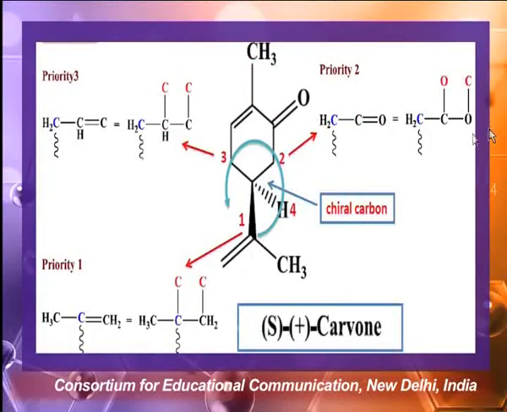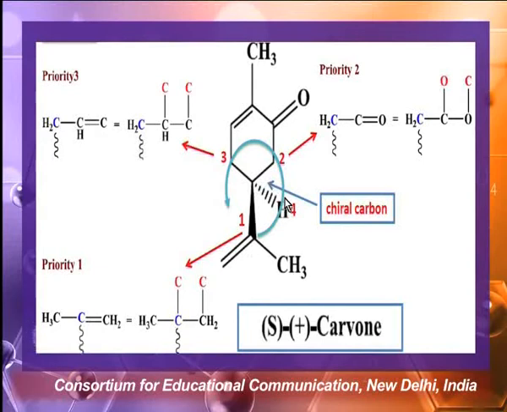Now the next molecule in which I'll be discussing the configuration is Carvone, and Carvone is used as a cough relaxant, that is, it is used for bronchitis and when you have severe coughs. So when we talk of this Carvone, again this carbon is a chiral carbon and it is attached to 4 different groups.